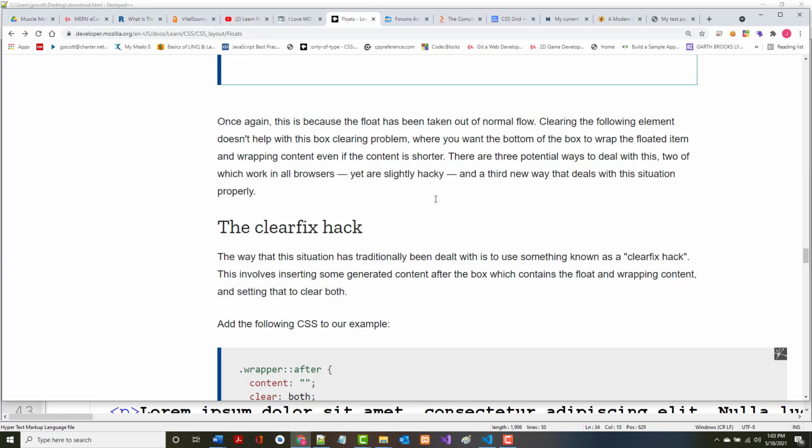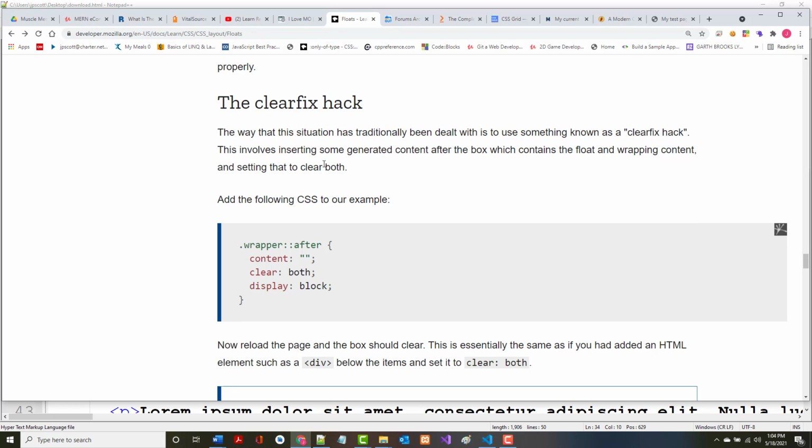Clearing the element doesn't help with this box clearing, where you want the bottom of the box to wrap around the floated item and wrapping content, even if the content is shorter. So it says there's 3 ways you can potentially fix this. Number 1, it says the way that this situation has traditionally been dealt with is what's known as the clear fix hack. In other words, you do something that works, but really it probably isn't within the realm of